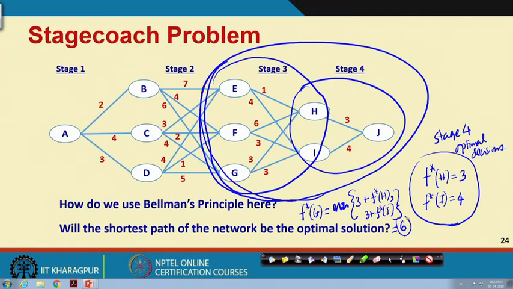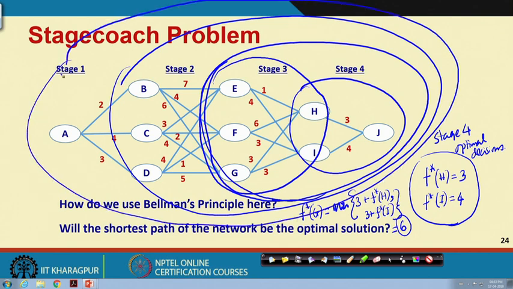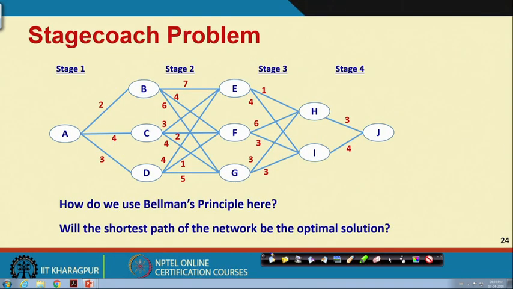So these f star G values I can find out and keep as an optimal decision for stage 3, which we will make use of in stage 2, where considerations will be all these. And when the entire thing is considered at stage 1, then we find the overall optimal decision from A to J. Is it all right? So this is the kind of philosophy that we usually follow for dynamic programming, and how we go about it, that is all we are going to see.